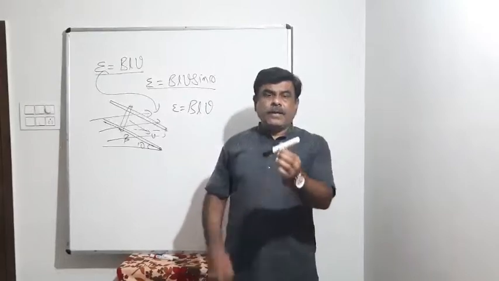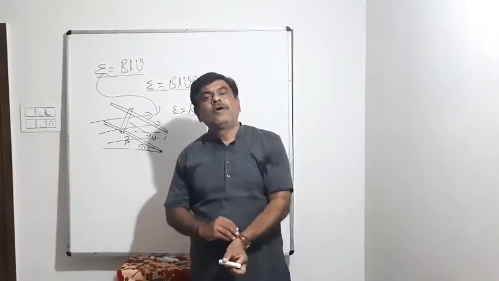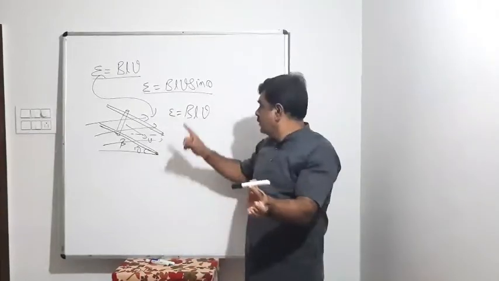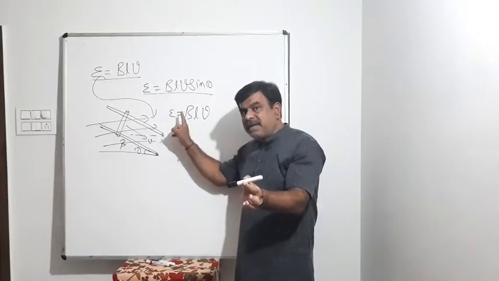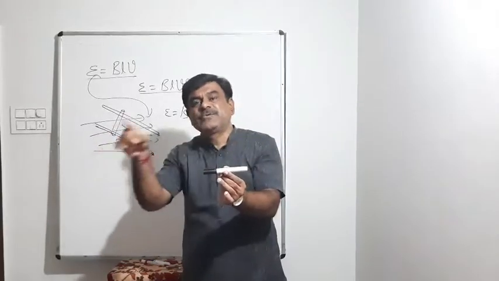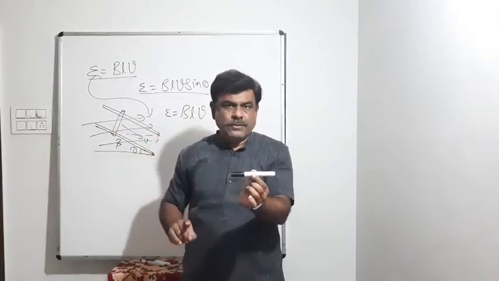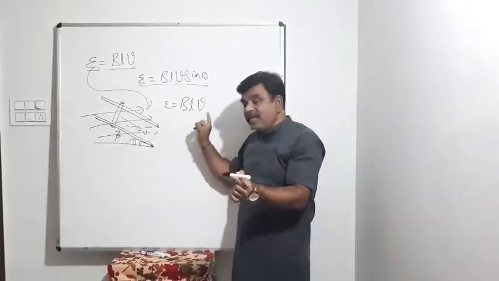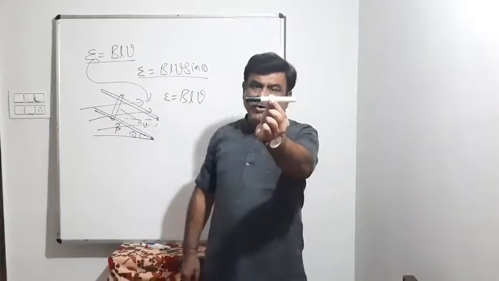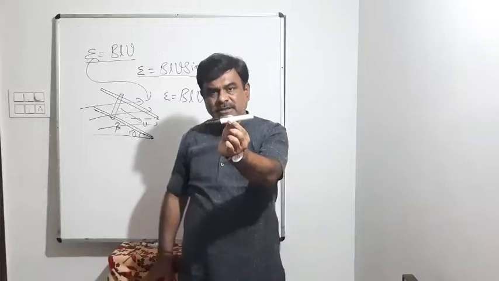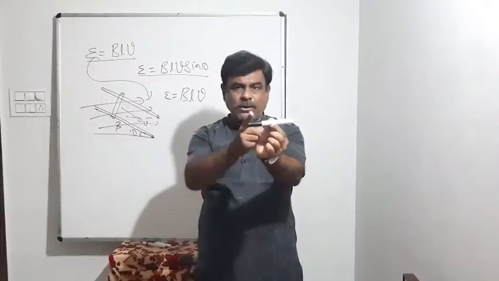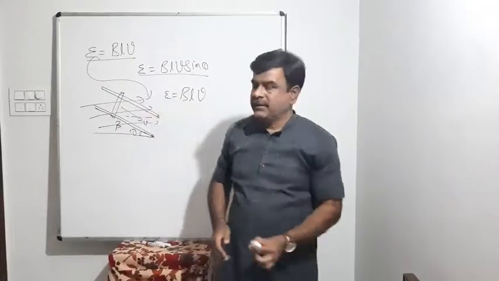That's why if a rod of length L has free fall in the magnetic field of earth, and you want to apply motional EMF E equals BLV, remember the rod should always align east-west. Then only EMF will be induced. If I have to apply E equals BLV for a free falling rod in the magnetic field of earth, then the length of the rod should always align in east-west direction. Why? Because V is vertically downward, B is from north to south. That's why length should be east-west.